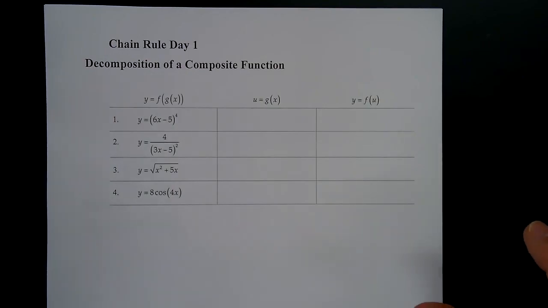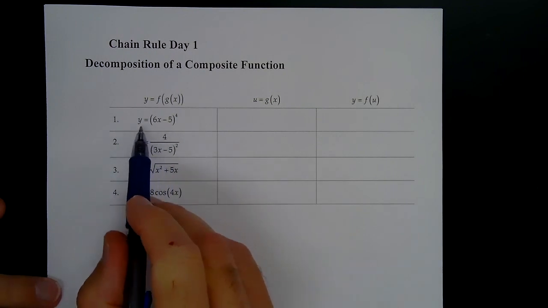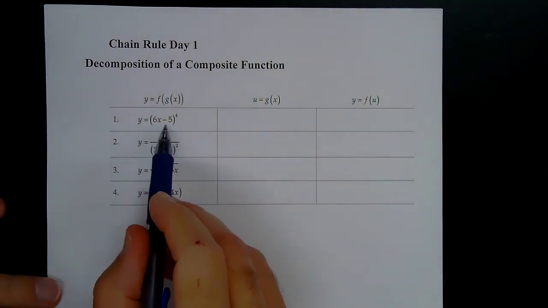Today we're going to learn about a new rule, and it's called the chain rule. And it's for when we have a composition of functions. So we're going to decompose, or deconstruct, these compositions. So if you look at this, we have y is equal to 6x minus 5 raised to the